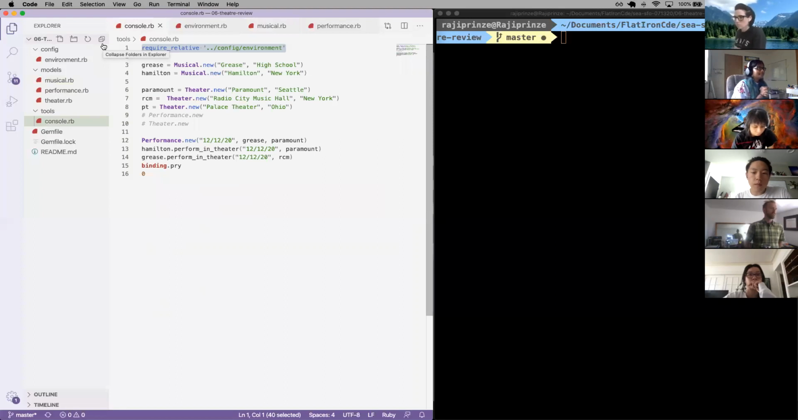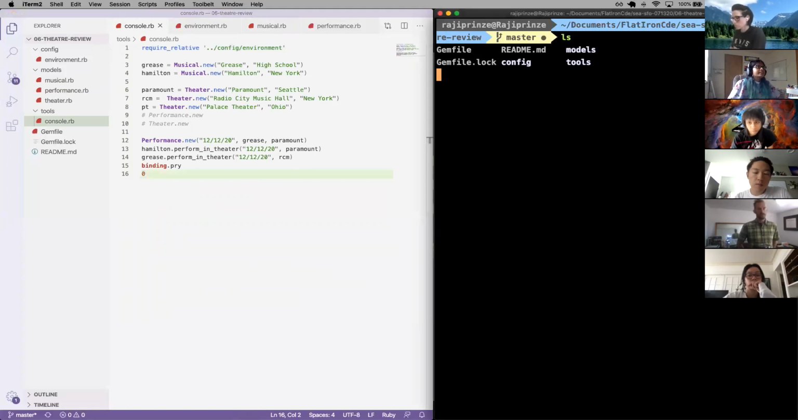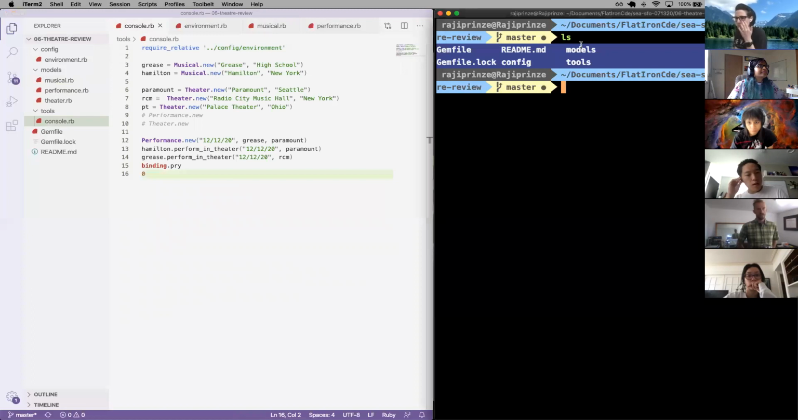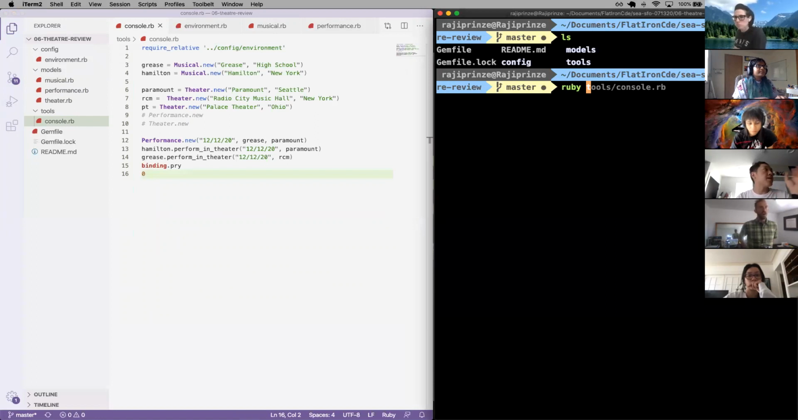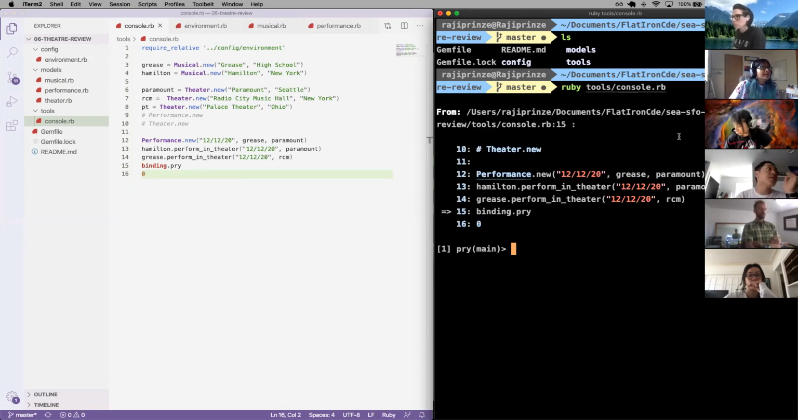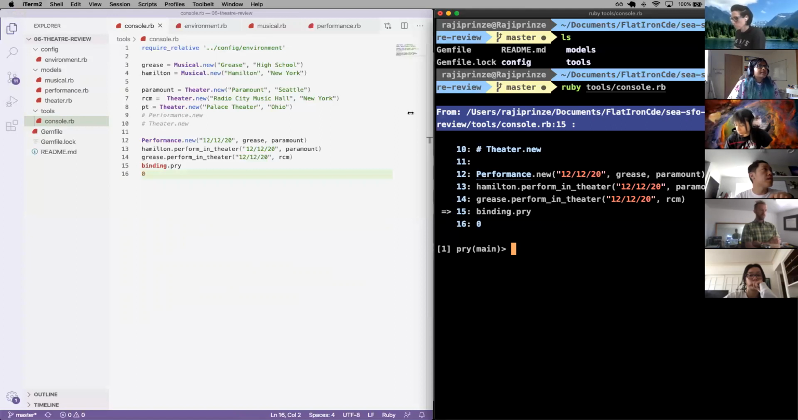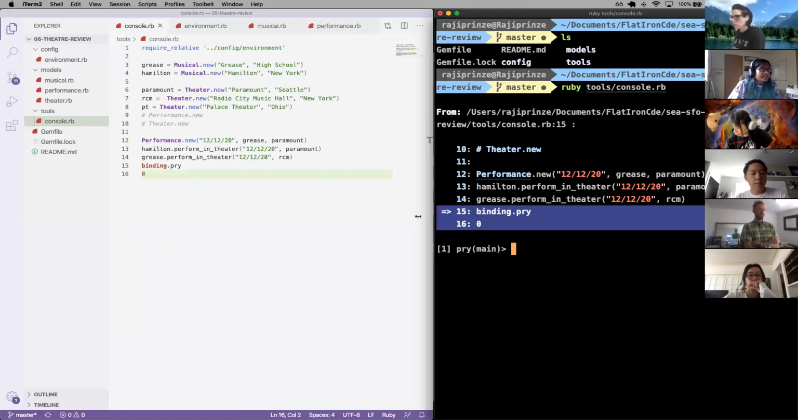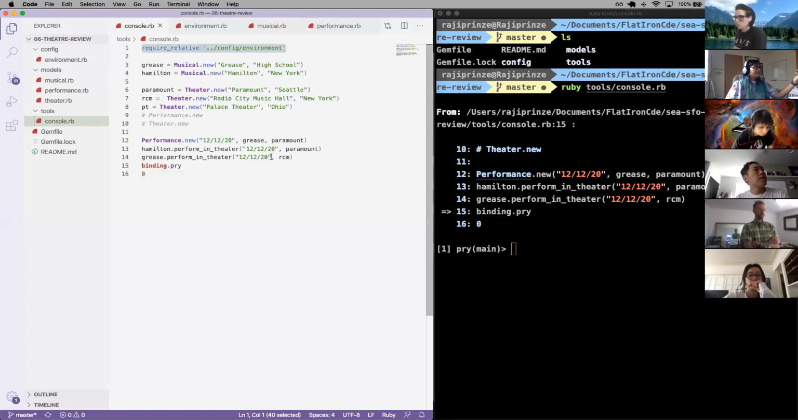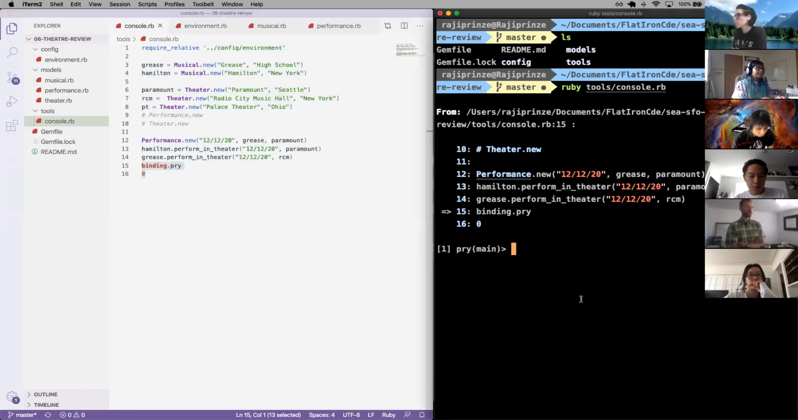Gotcha. So then in our actual console, what would we type to test console.rb? We're in the main directory, which is tools, and my console is inside of the tools folder. Anytime I want to run a Ruby file, I say ruby, and I have to give it the path of where my console is. So I say ruby tools/console.rb. When I hit enter, this loads up the whole console file, and it hits the pry at the bottom of the file. It went through all of this, and we're at the pry at the bottom. So if I type in Grease,